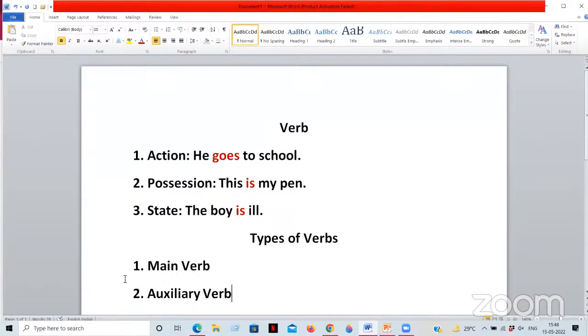So here the main verb is in this example. If you go here, this is a main verb. That is go. Go is a main verb, but these auxiliaries, like this is my pen here, are not main verbs because they cannot function independently. They also need some help. So this is a functional word and this is nothing but an auxiliary verb.